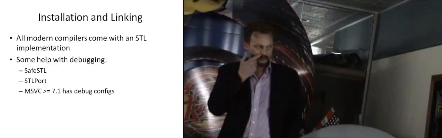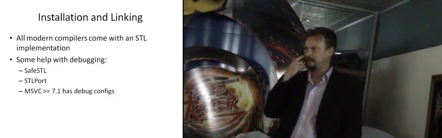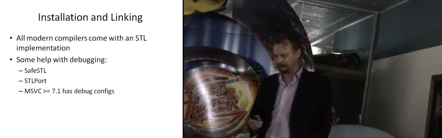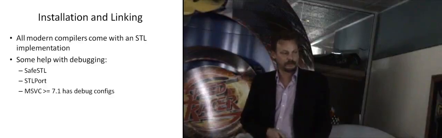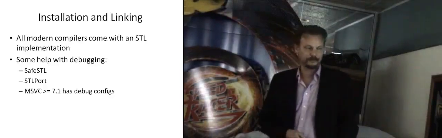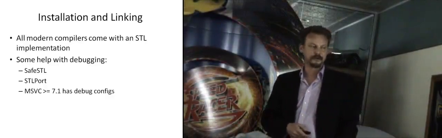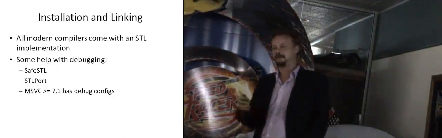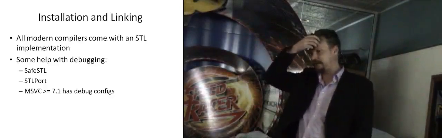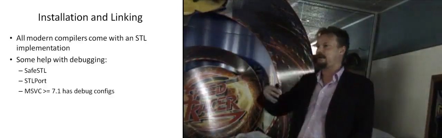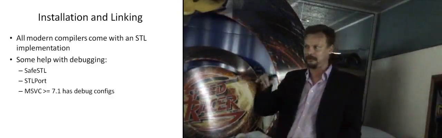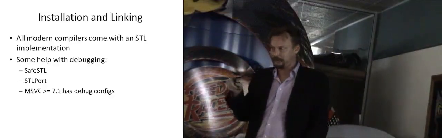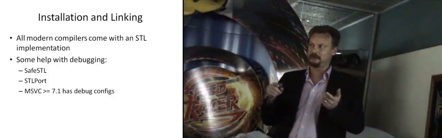STLport is another one that was common for a while, but I think these days, if you've just been programming for the last couple of years, then you've probably only ever used the STL that comes with Microsoft Visual C. The newer ones in 2005 have limited support for concept checking, and also there are debug configs for STL in Visual Studio 2005 and 8 that will also do things like ensure that if you give a less than operator for something, it'll actually guarantee at runtime that it imposes strict weak ordering. So that if A is less than B implies that B is not less than A, and all of that sort of